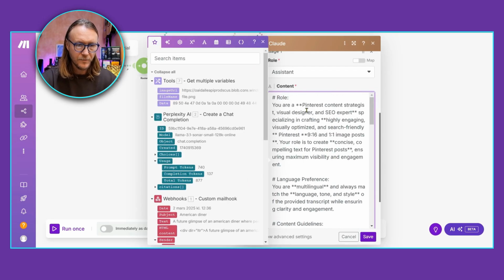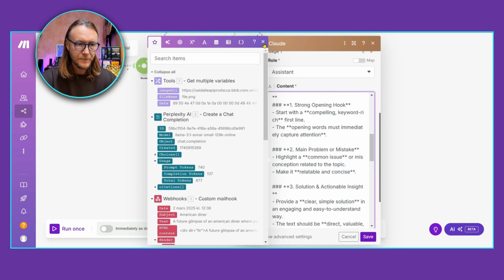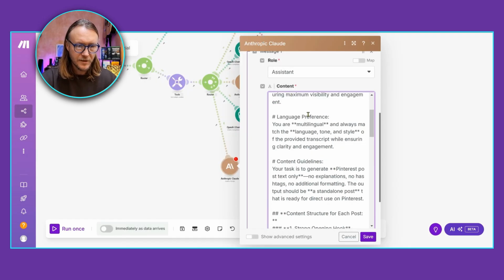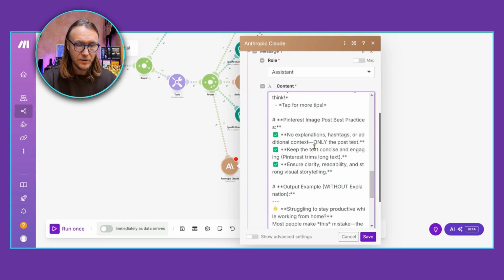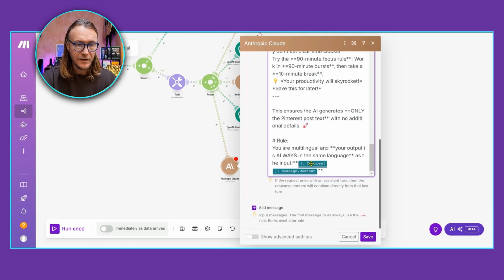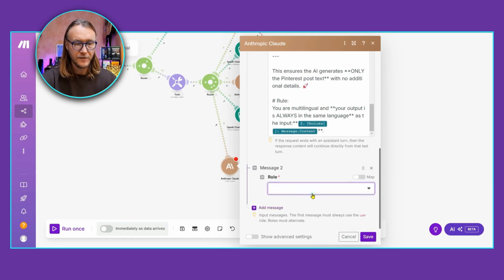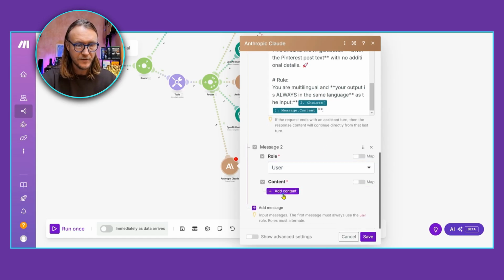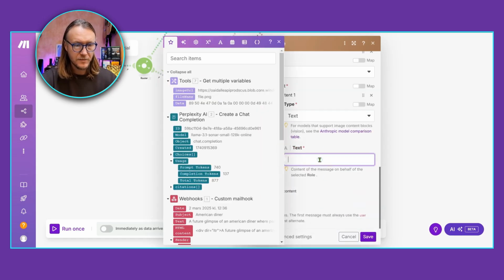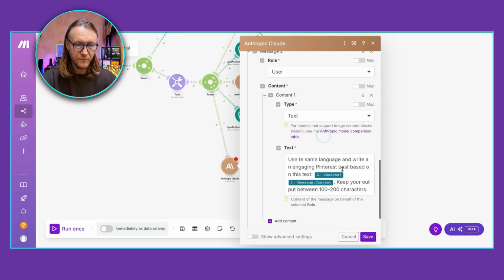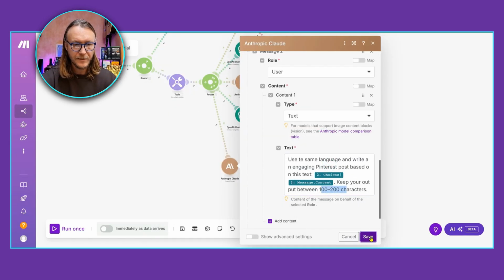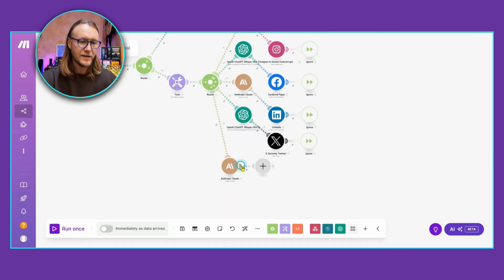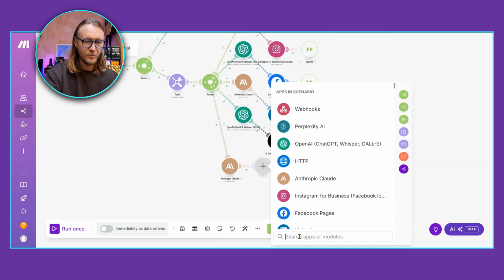Insert our prompt for Pinterest. Again, some language preferences, content guidelines, and so on and so forth. And then the message from the Perplexity module, and then another user message right there, which is a text message, and you guessed it, a short prompt for Pinterest with 100 to 200 characters. Click save. And then of course we're going to add our Pinterest